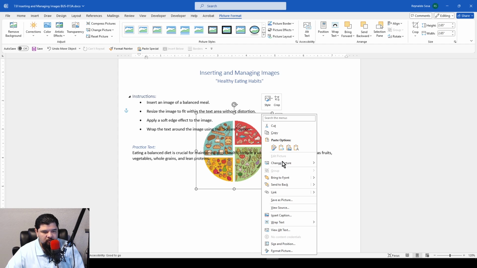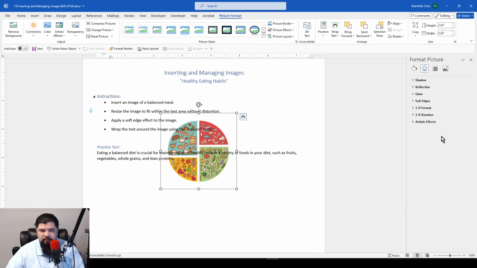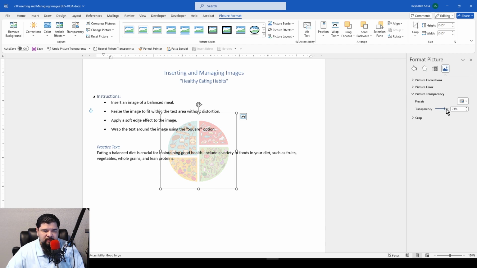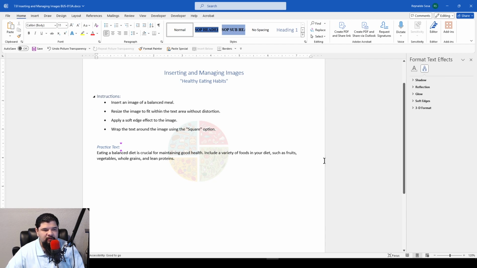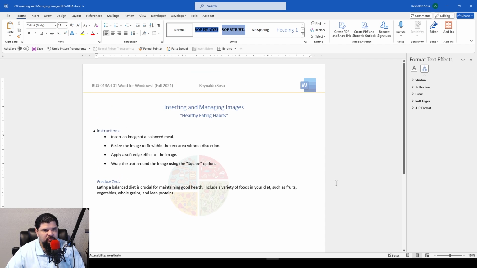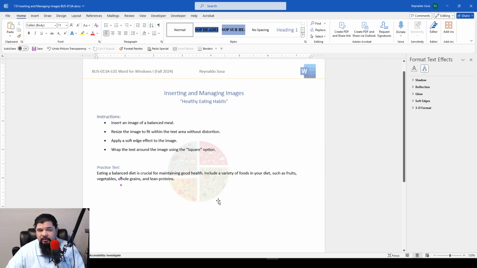right-click our picture, or we're going to go to Format Picture. And there's this icon right here that's the picture icon, picture transparency, and we're going to increase the transparency to sort of give our document that watermark. You can obviously just watermark it, and we may have a lesson on watermarking. So if you turn in your assignment like this with your picture in the background, subtle, then I will give